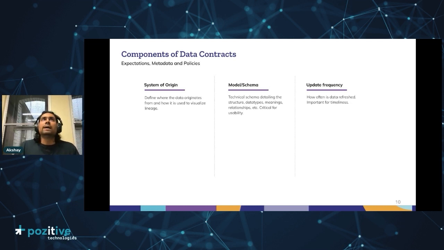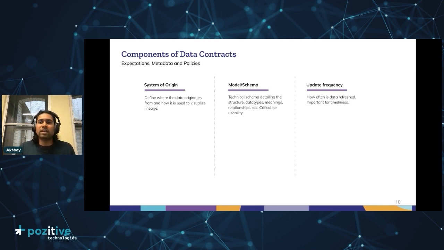Similarly, you want to make sure that you don't just have these discussions with your data producers or sources, but also with the people who are consuming data from your data sets or data products. Having these discussions around what are the data sets or tables or columns that they want to consume, or what it should look like, can help you inform what should be the schema of your data product. The other thing to also discuss is what should be the update frequency. So how often should you refresh your data?